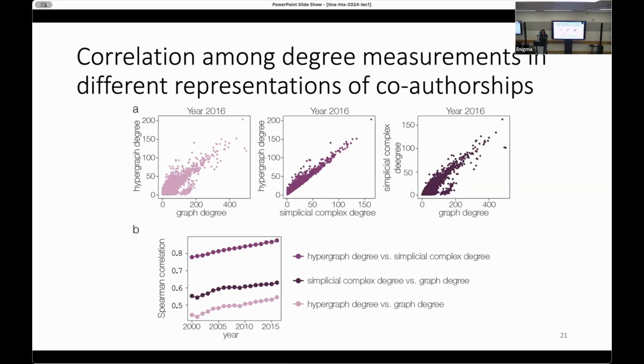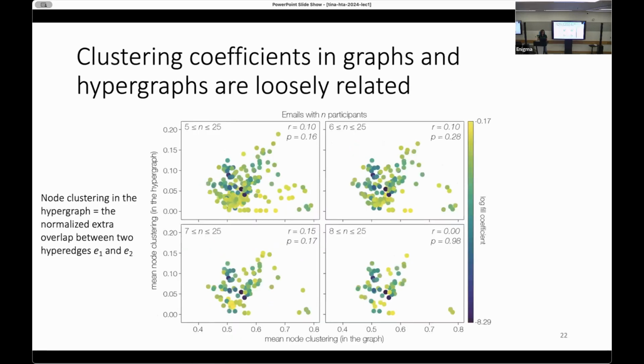And as you would expect, the frameworks that allow you to capture polyadic relations, so more than 2 relations, tend to be more correlated with each other than the polyadic versus the graph degree. The other one